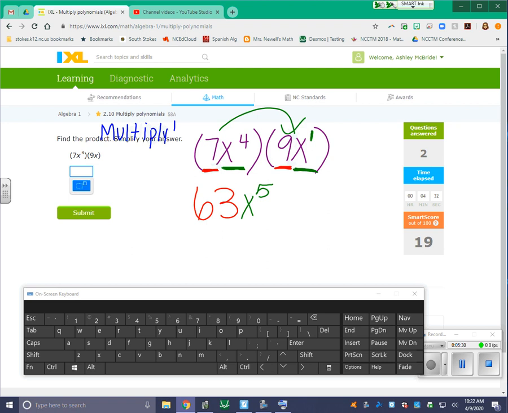That's it. That's an even smaller lobster than the one before it. There was only one term in each one. So it'll be 63 x to the blue button for the exponent 5. Notice your score's going up. All right, this is one I know we worked on this